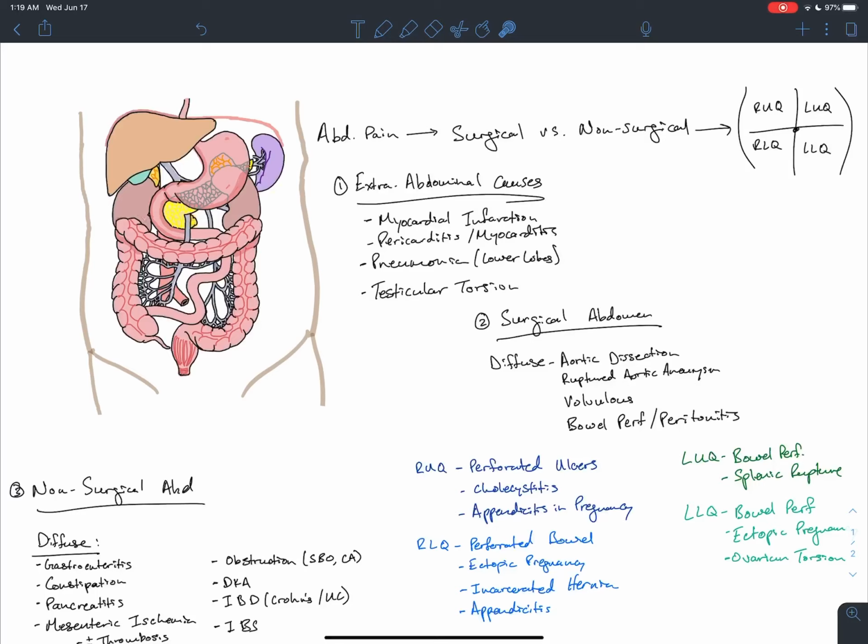The next is cholecystitis, and a lot of you have probably heard what cholecystitis is. It's just inflammation of the gallbladder. The gallbladder sits right here behind the liver, underneath the liver, and it's important because it helps store the bile that the liver makes, and it helps break down fatty foods. And so what ends up happening is if you have a gallbladder that is making stones,